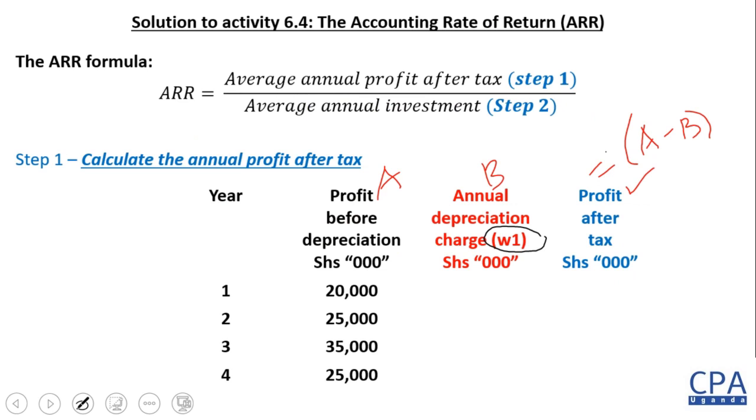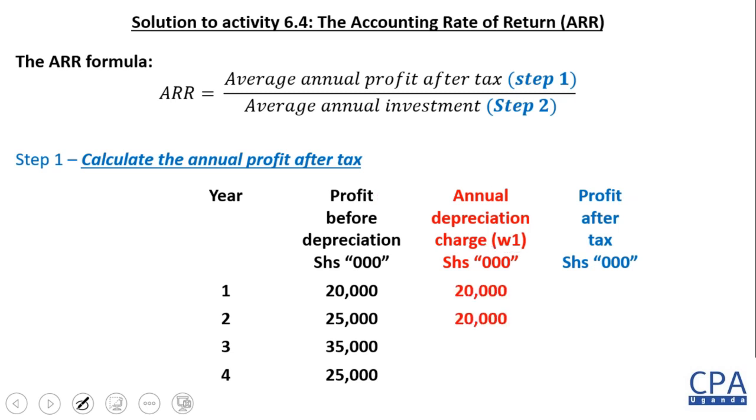So it's going to be 20 million all over, and definitely I proceed. I'll put the 20 million for year 1, the 20 million for year 2, the 20 million for year 3, and the last 20 million for year number 4. So when you add up the annual depreciation charge, definitely that gives you the 80 million. So we proceed